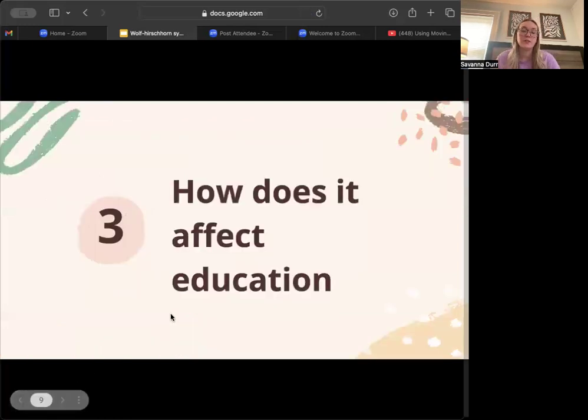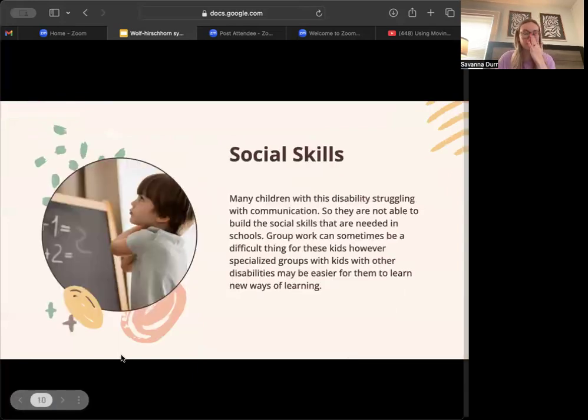Okay, so how does this syndrome affect education? So, social skills. Social skills is a huge thing in schools, especially when you're surrounded by other students your age and teachers and your principal and just people that are in the school in general. So many children with this disability struggle with communication, which can be very hard in schools with having to communicate